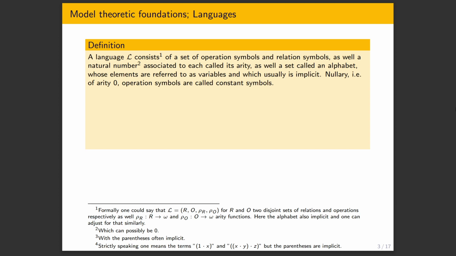Also, one thing to mention that people usually don't mention is that strictly, in a language we also need an alphabet, which is the set whose elements are called variables. Usually when you speak of variables it's completely implicit; here we formalize that by thinking of variables as just elements of a set. I wouldn't always write the alphabet. We just have some implicit alphabet whose elements we call variables. This is something we need. And then we have a set of operation symbols and relation symbols, each of an arity.